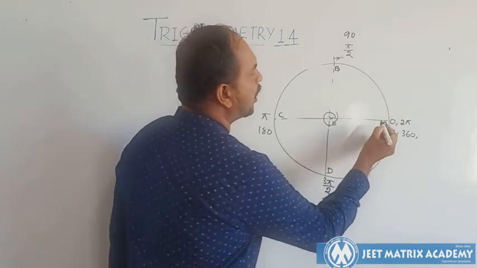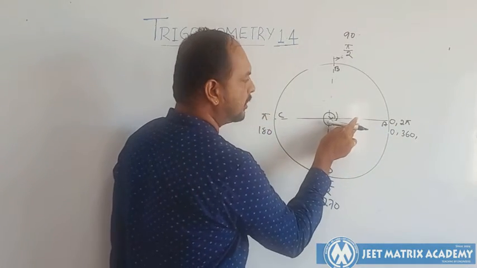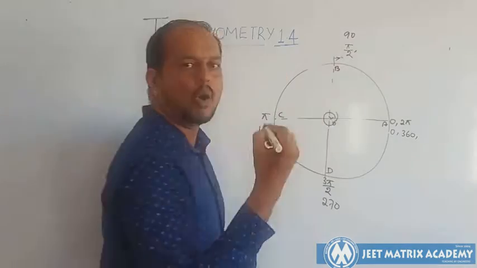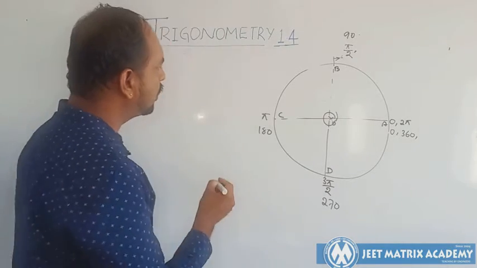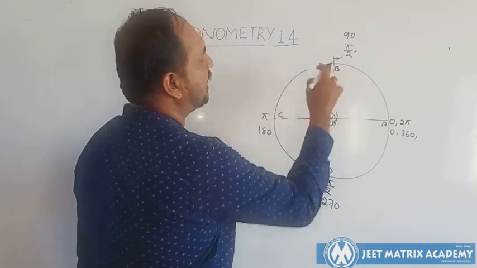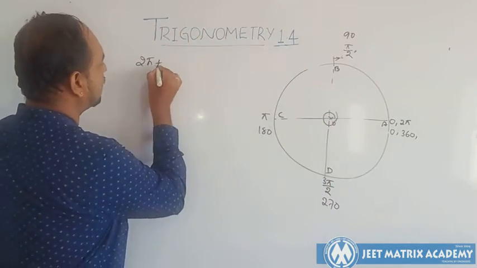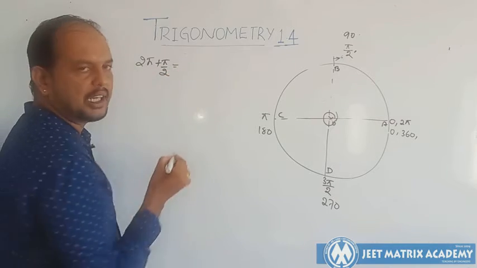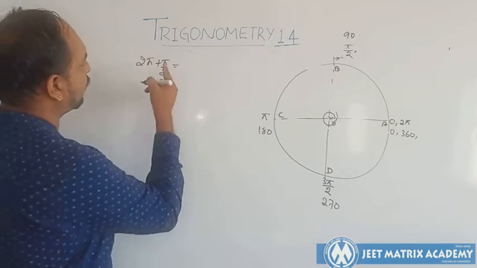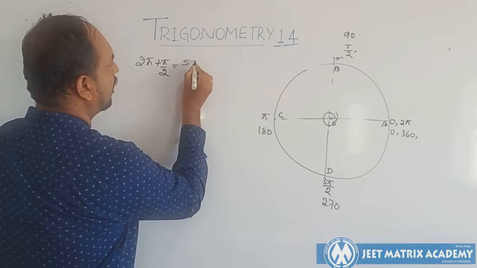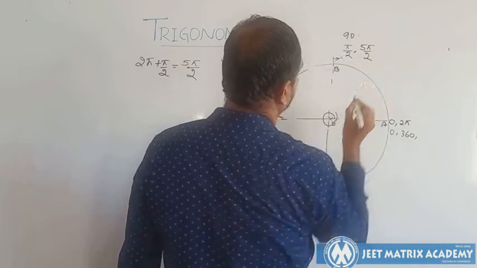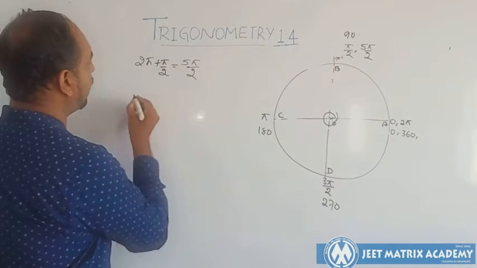Okay, now we are supposed to know, when it moves from OA to OB, what is the value at this point. How do you calculate that value? It is very simple. You just add 2 pi, one revolution, then add pi by 2, that is 90 degrees. That will give how much? 2 twos are 4, 4 plus 1, that is 5 pi by 2. 5 pi by 2, right?